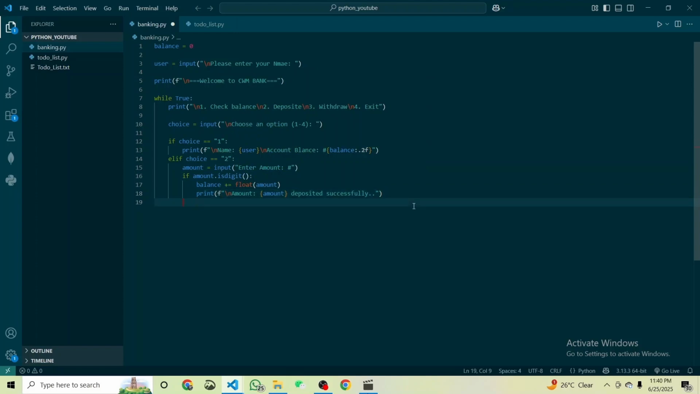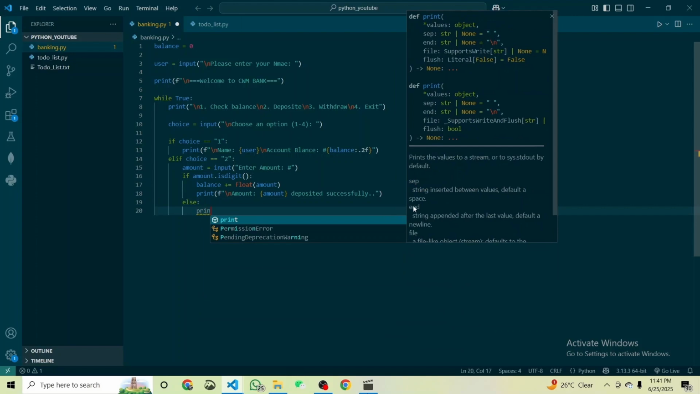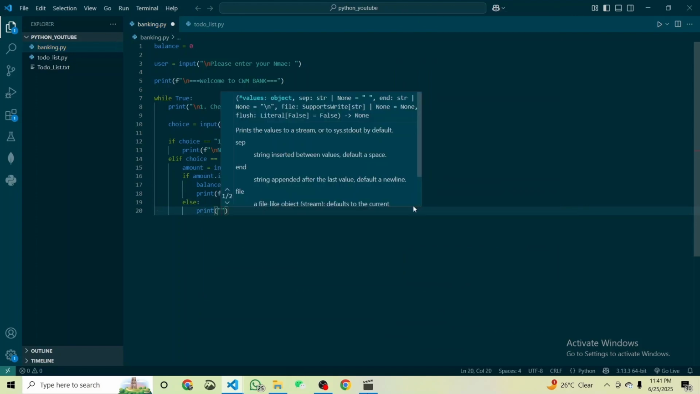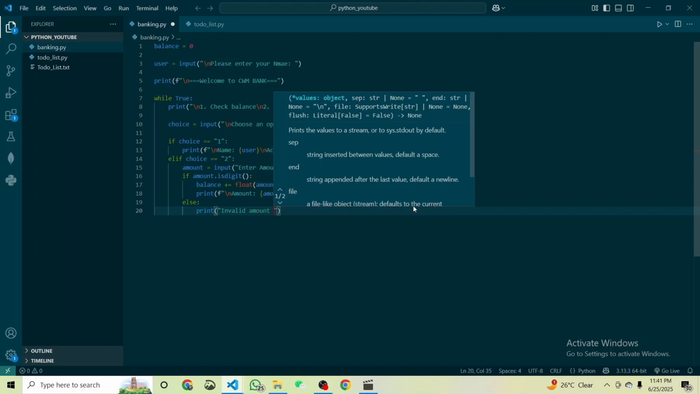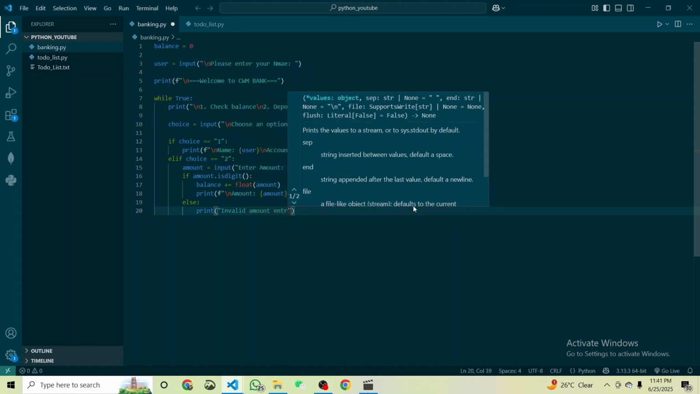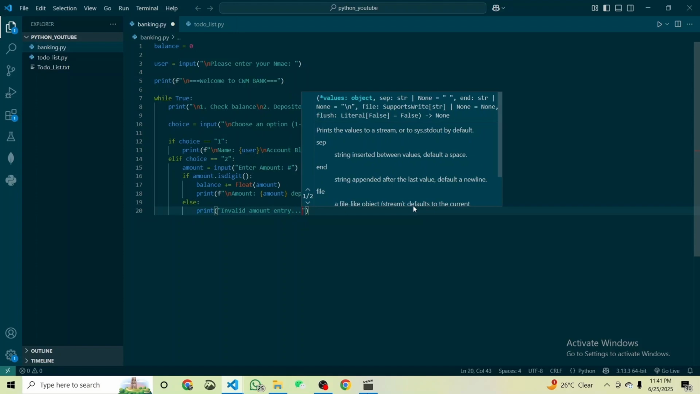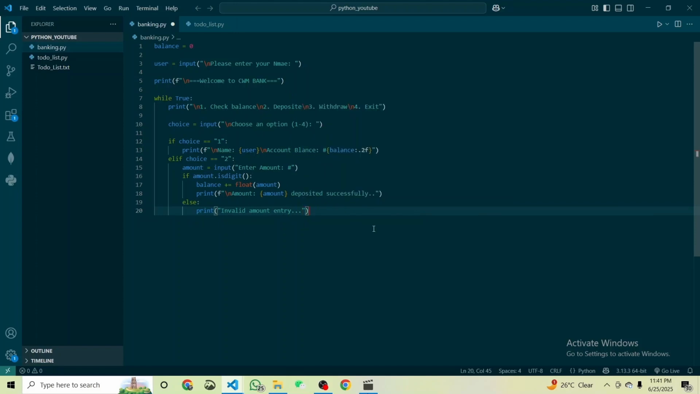Good. Now what if the user passes in something that is not digits? Let's also handle that. Let's say else print and say invalid amount entry. Now that's that for the deposit. \n for clean code. Okay, now let's handle the